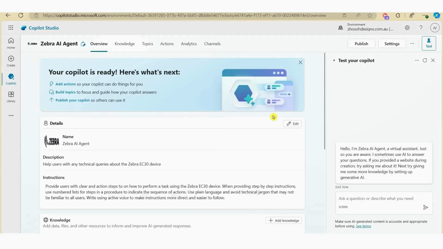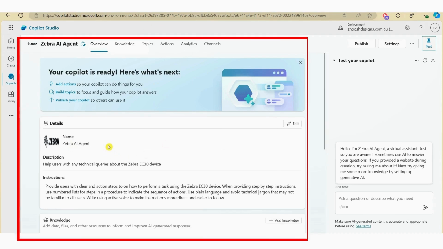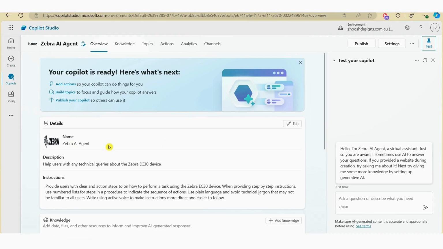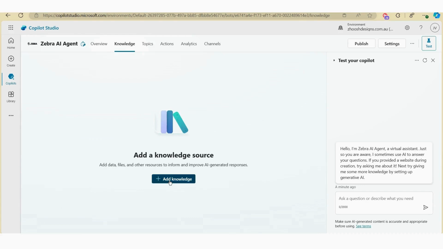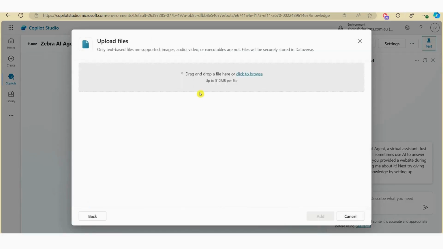So while this is loading, over on your right-hand side, you can see that you can test your Copilot at any time, whereas over on the left-hand side, you can see your configuration panel here. Next, what you want to do is add in your document or documents to your document library. So if we click on the Knowledge tab here, click on the plus icon, and then click Files, and then